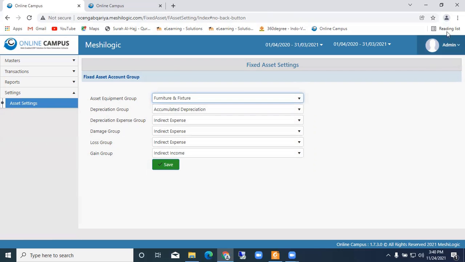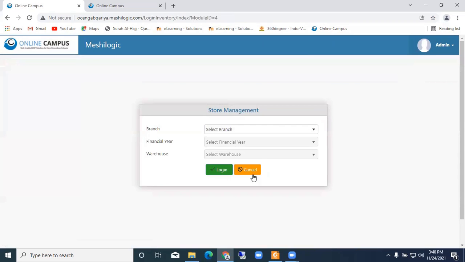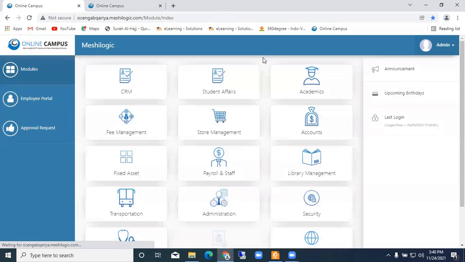Again, this module is also linked with the stock. Whatever items we are entering here in the item code, straight away it is coming to the asset. So you enter the item here, and then the same item, if it is coming in the asset, automatically it will be reflected in this module. Store is the main backbone of all the transactions. You add items, you remove items. Every module has its connection.